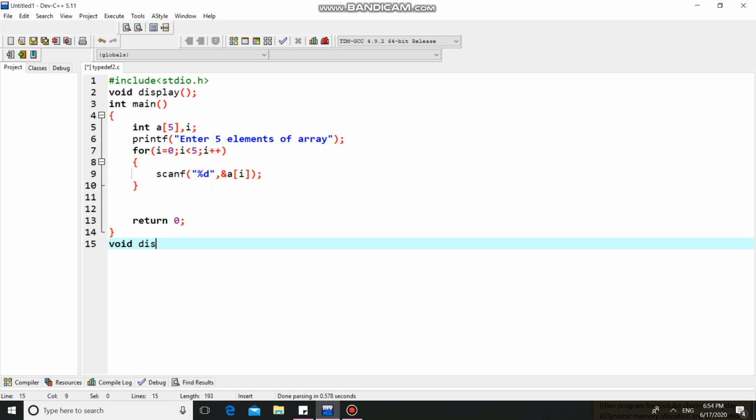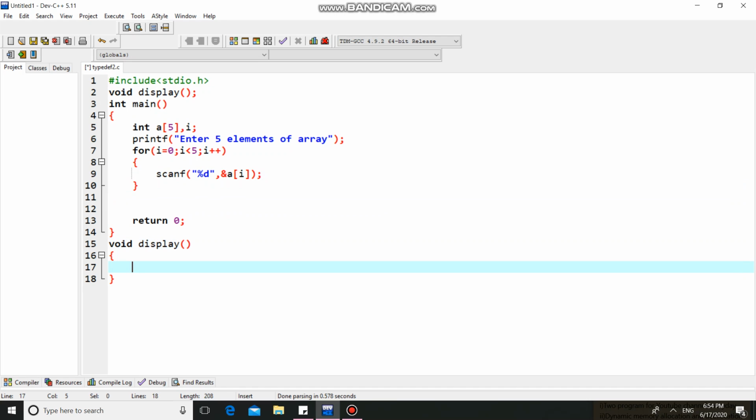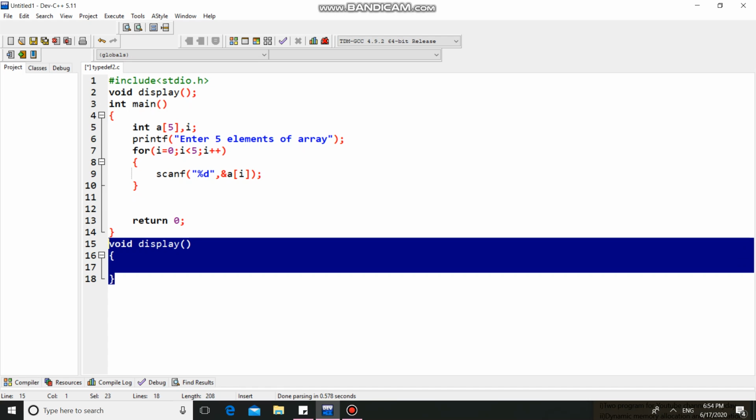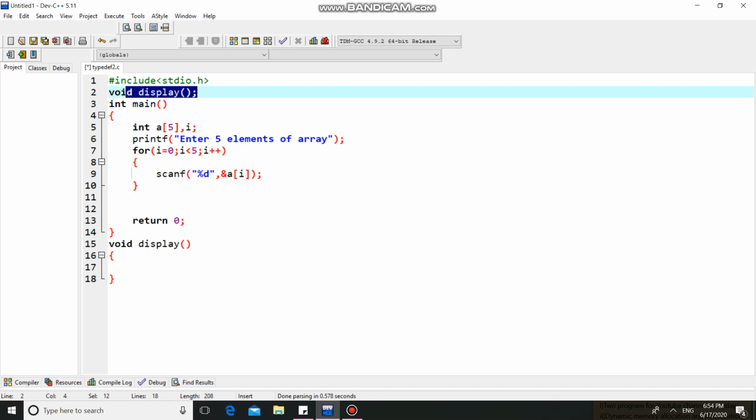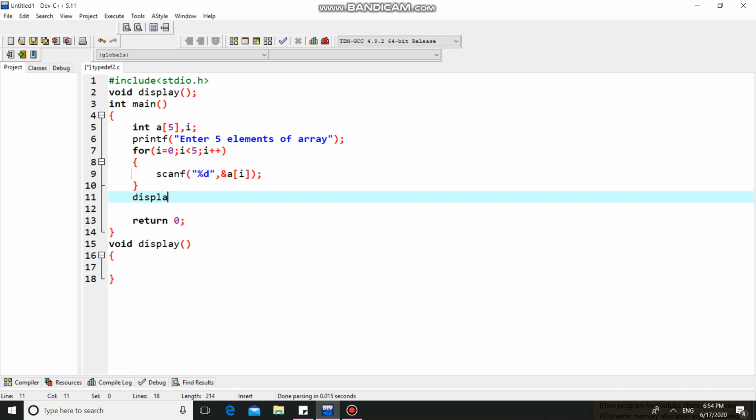We are going to pass this array to the display function. See, this is the function definition of display, this is the function declaration of display, and this is the function call of display. We have already seen this method of how to pass. There are two methods.